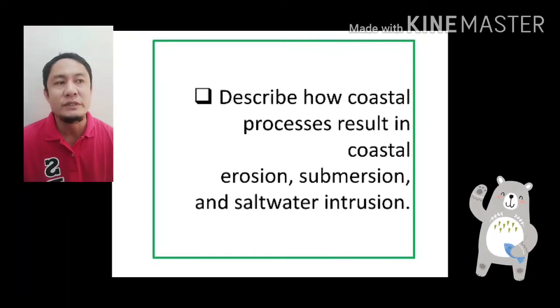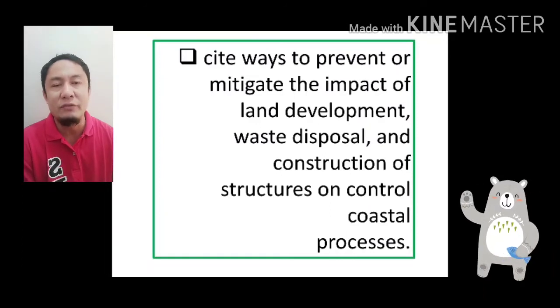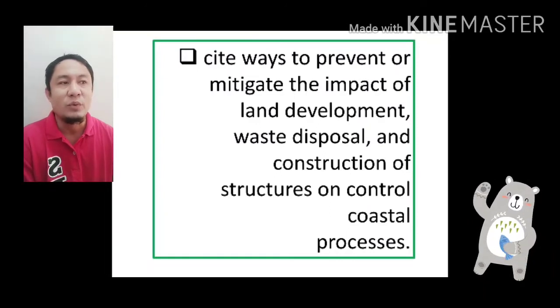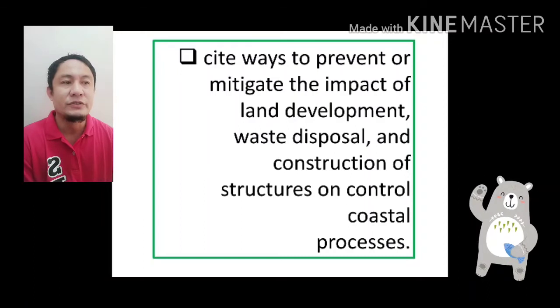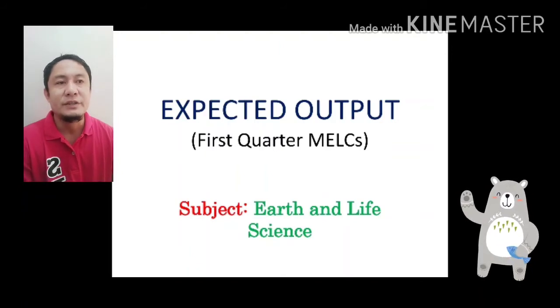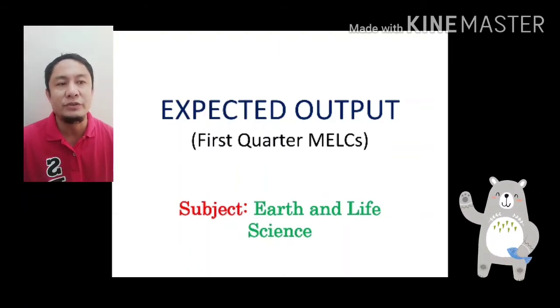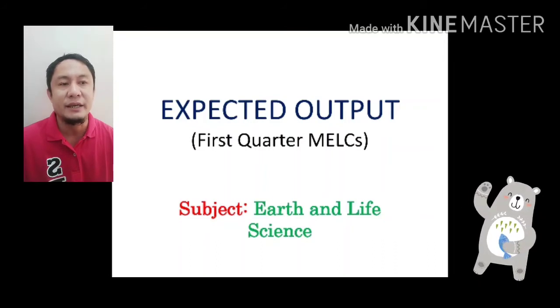Describe how coastal processes result in coastal erosion, submersion, and saltwater intrusion. Then, cite ways to prevent or mitigate the impact of land development, waste disposal, and construction of structures on coastal processes. So this is the expected output for the first quarter under MELCS, again in the subject of Earth